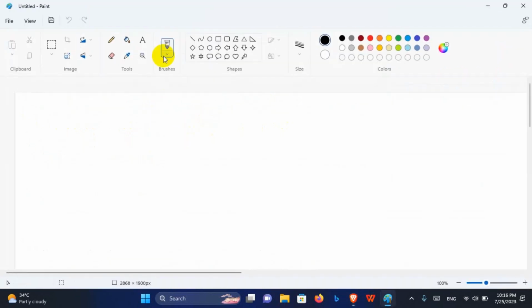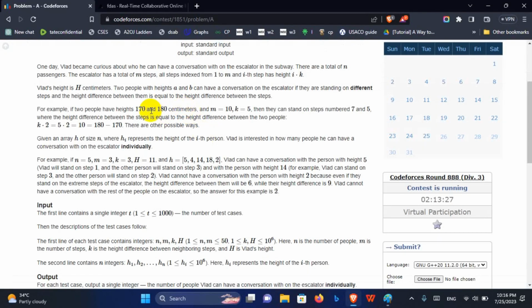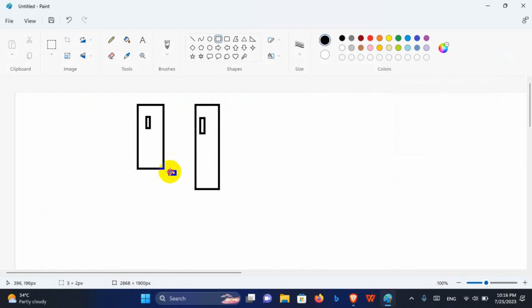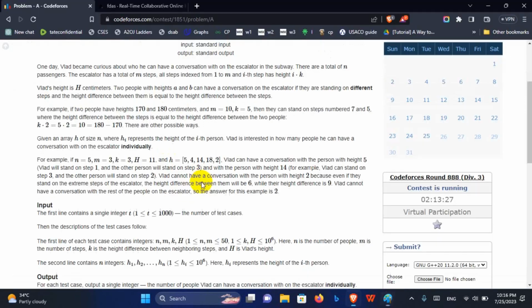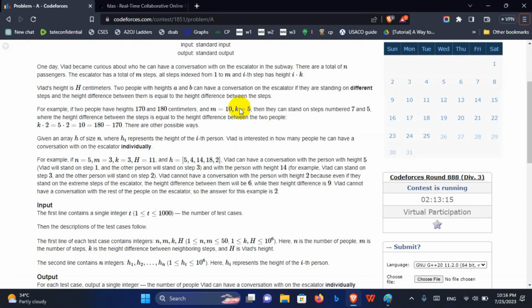Let me draw this for you. For example, there are two people, one is 170 and this one is 180. So the difference is 10 centimeters. This guy needs 10 more centimeters to reach this guy's level. So how can this be done? They can